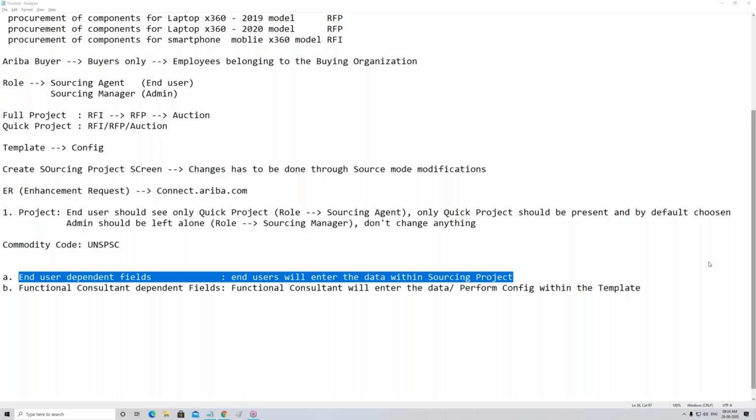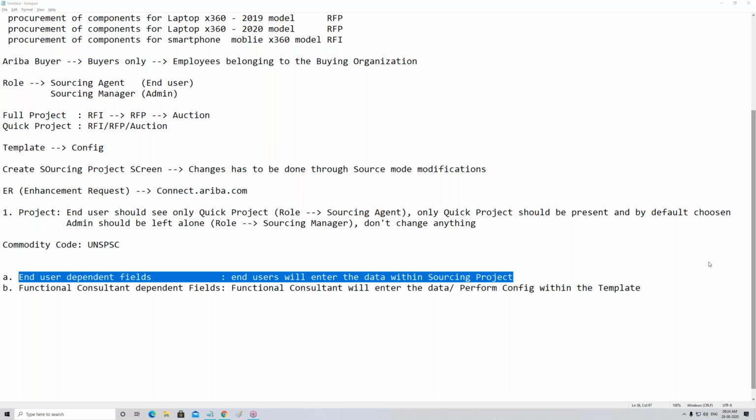If I show you only the configuration options, all of you are going to say, Manoj, this is a normal thing. But if I show you the different design approaches in designing the template, because ultimately, as a functional consultant, we are designing, not configuring. Configuring things, we can show to any first year or second year engineering student and they can do it. But designing is our skill. So this is what we are going to do in a project.